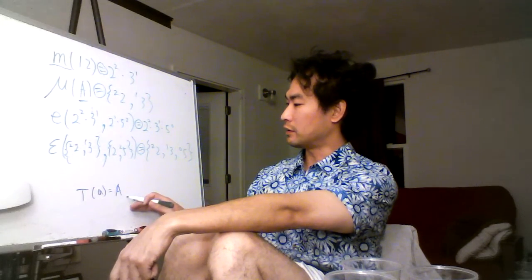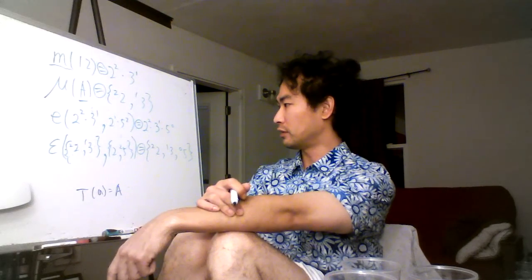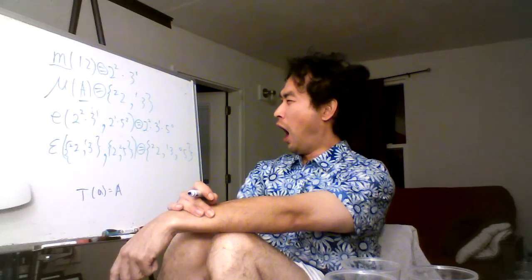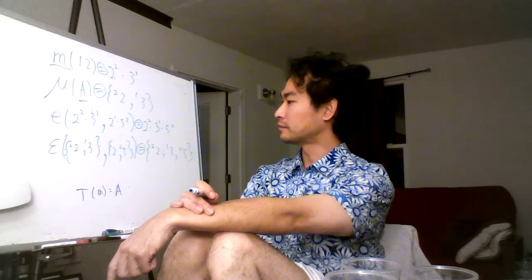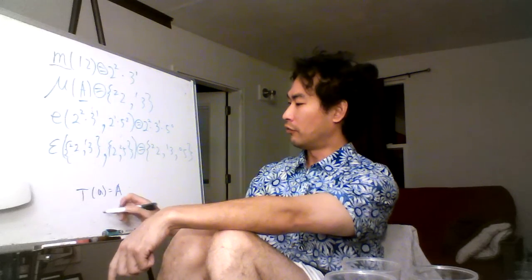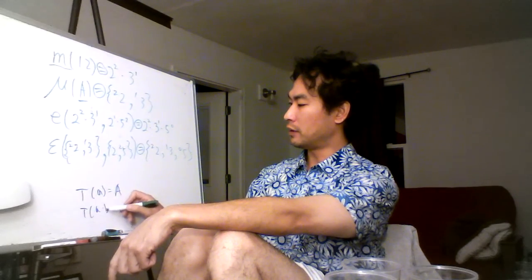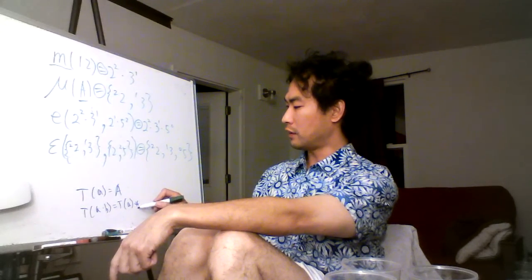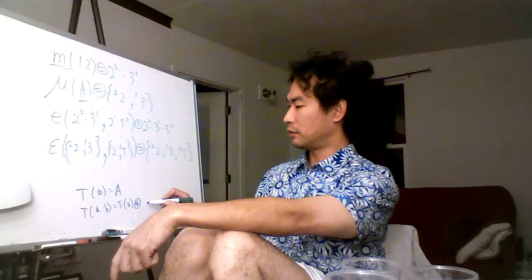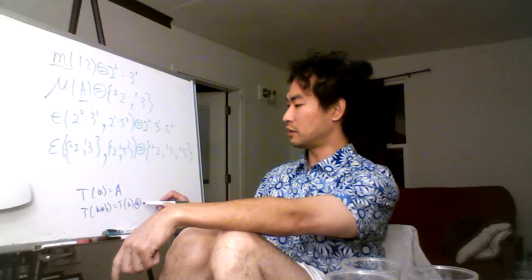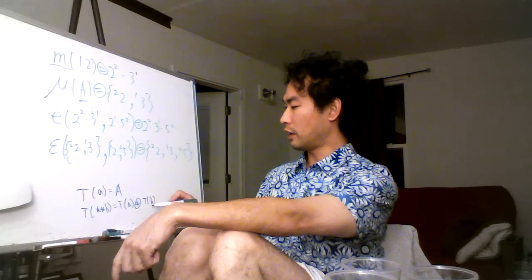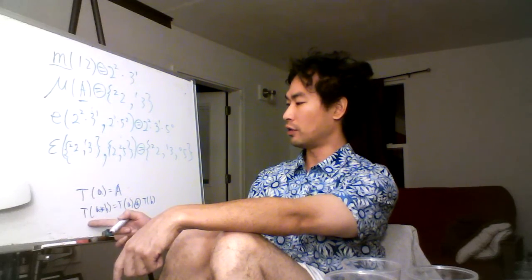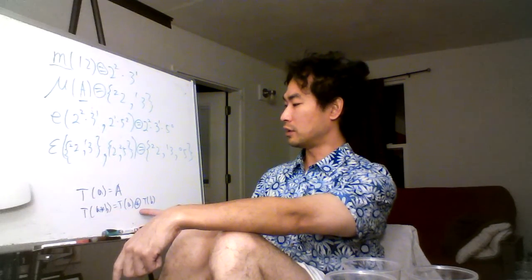So T of A is set A. A is just a number, right? So it's prime factorization set, right? What we want to prove is T of A times B is the same as T of A, this is just regular multiplication, and this is strict union, T of B. Okay. So yeah, T is a homomorphic function over multiplication and strict union.